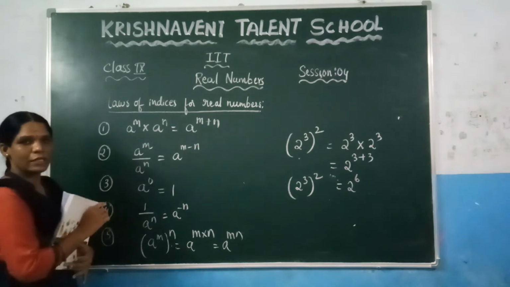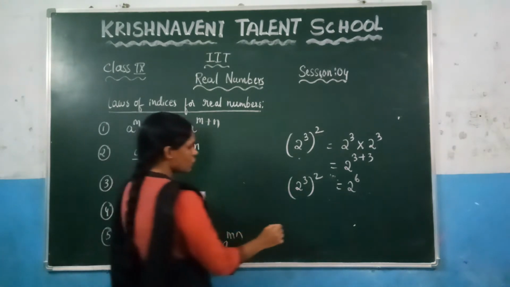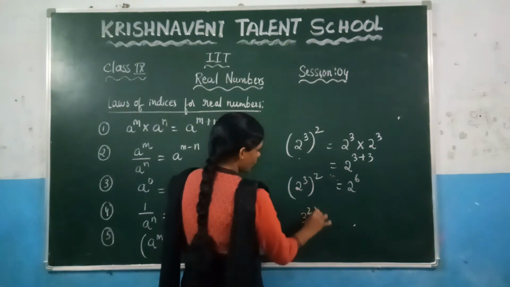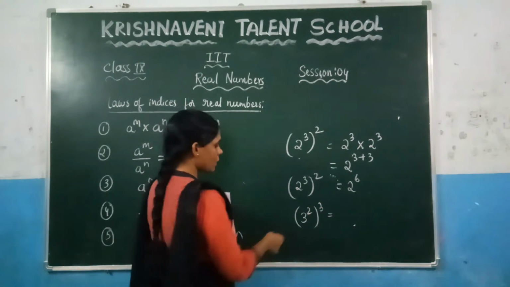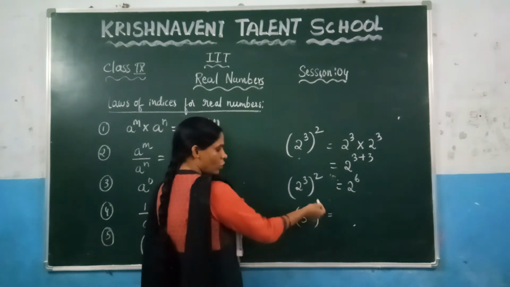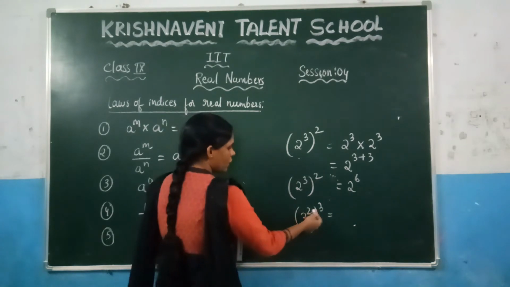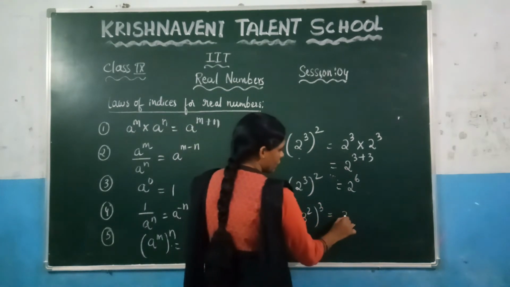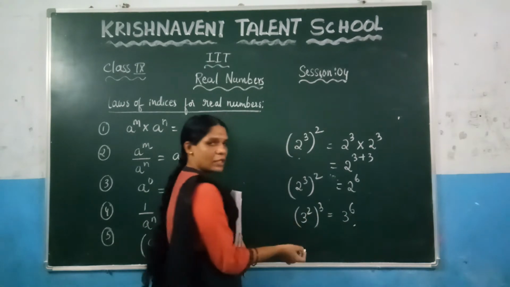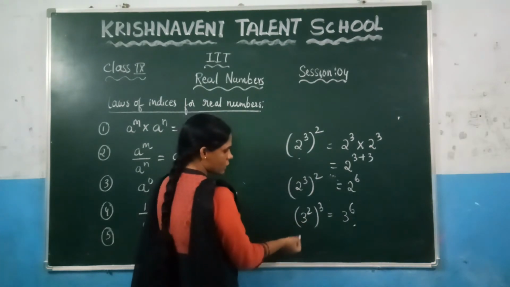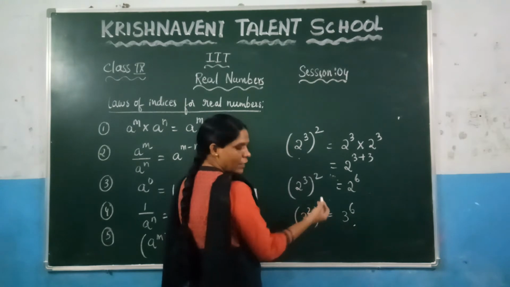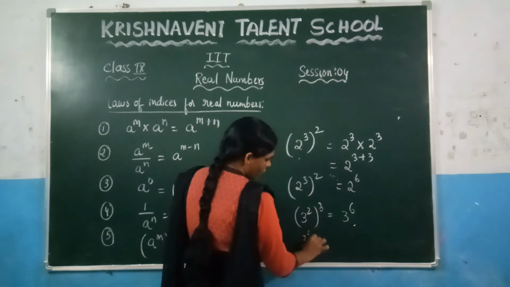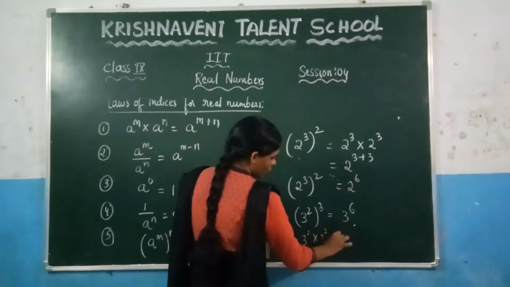So here this is the next law of exponent. Suppose you have been given here (3^2)^3. So what is this one? It is in the form of (a^m)^n. You can multiply these two values so that you will get here 3^6. You can check it here by doing the normal process also. How many times you need to write 3 square? 3 times. So write it here 3^2 into 3^2 into 3^2.